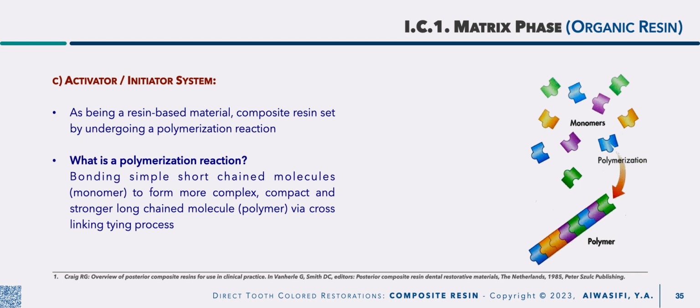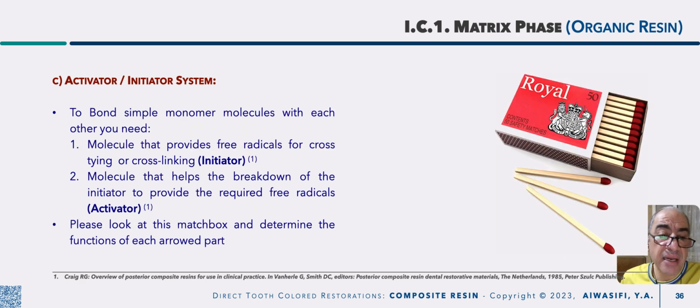You need a material which easily decomposes, releasing these free radicals to allow this linking, which is the initiator. But this initiator requires an activator to decompose it to release the free radicals. So for the polymerization reaction to start, you need an initiator to be decomposed to allow cross-linking by releasing free radicals, but this initiator in turn needs an activator to break it down to release